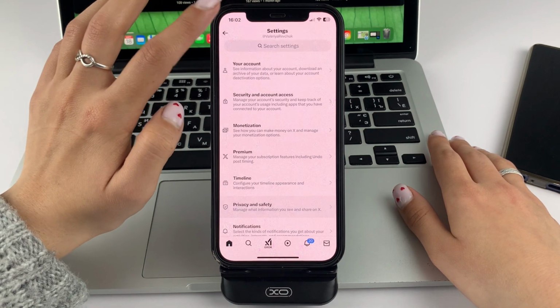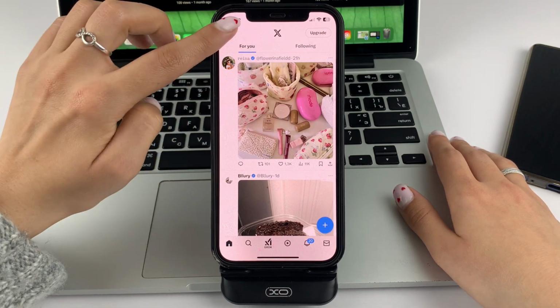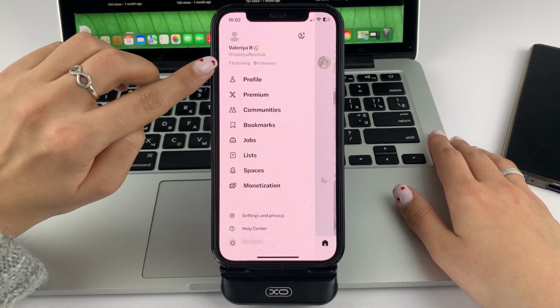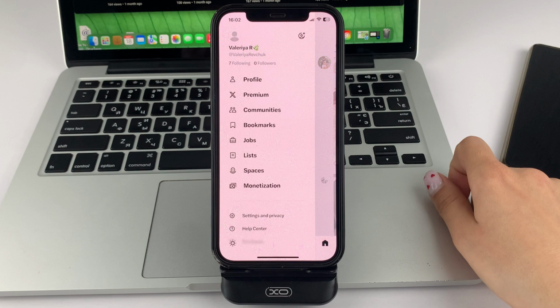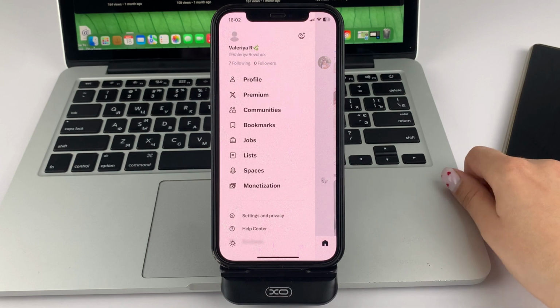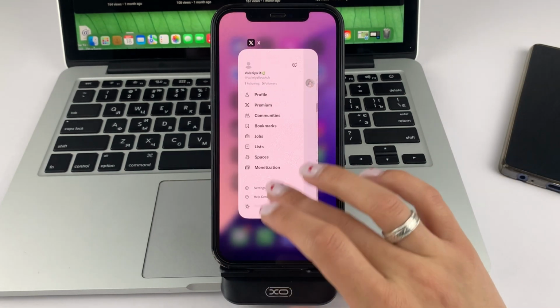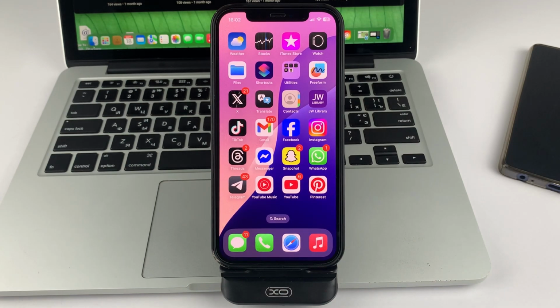And if you go back and click on your profile picture, you'll see that you used to have a little lock next to your name that said your account was private. And now it's gone because your X account is now public. Dear friends, that's how quick and easy it is. You can make your Twitter or X account public.